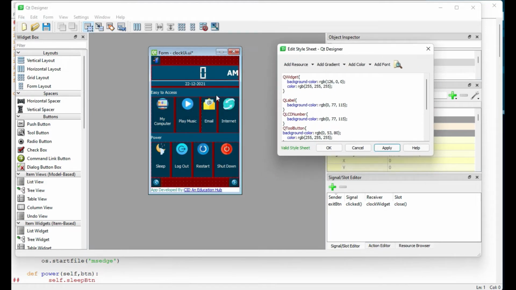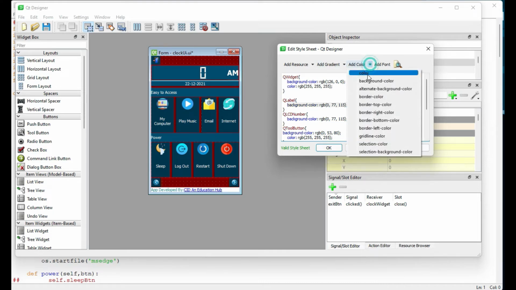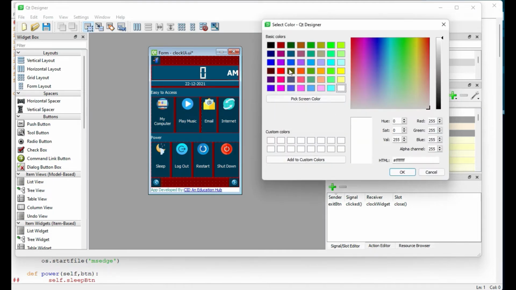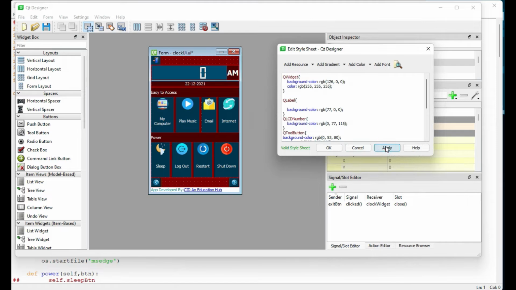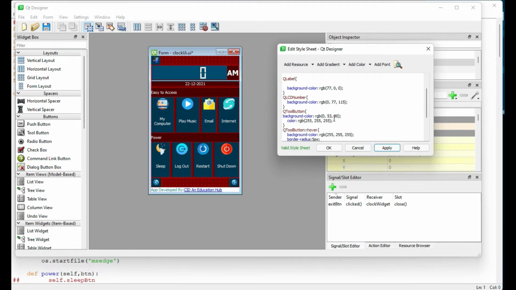You can see that some of the labels have a background color, so I can select the background color for our labels, and suppose this will be some more darker. So this is the label, and there is also a background color for the LCD, so I can copy the whole thing from the label so that it will match. Okay, now it's matching.